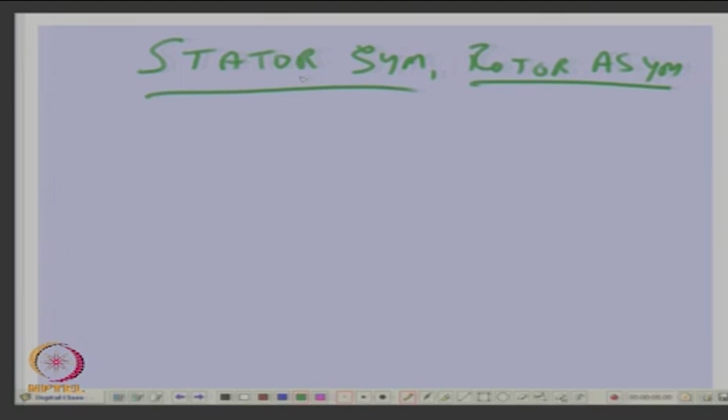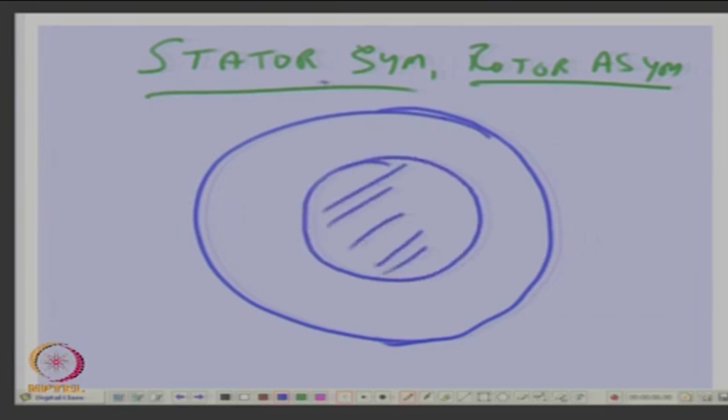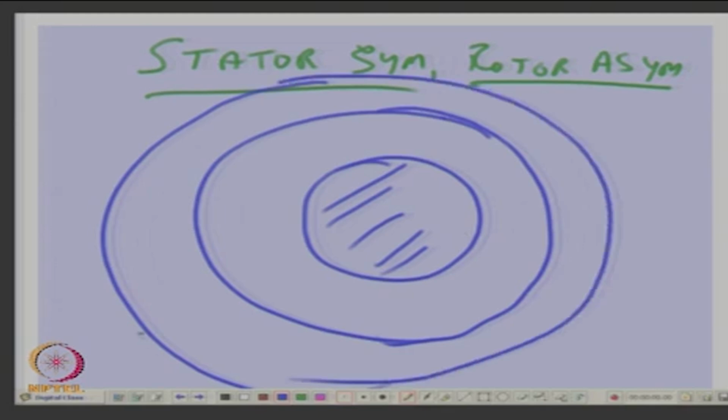Stator symmetrical, rotor asymmetrical, right? Then what do you expect? Rotor is asymmetrical. Okay, so I draw the rotor asymmetrical. Is this the air gap? Now, stator is symmetrical, right? So it will only produce, let us say, a forward field,